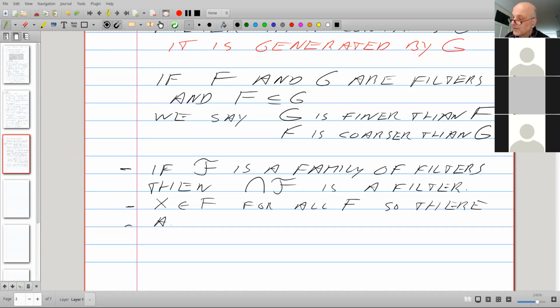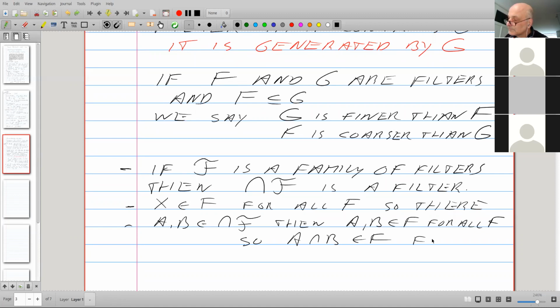If A and B are in the intersection of all the F's, then if I have two members of the intersection, then they are in every filter. And so their intersection is in every one of those filters. And there you have it.